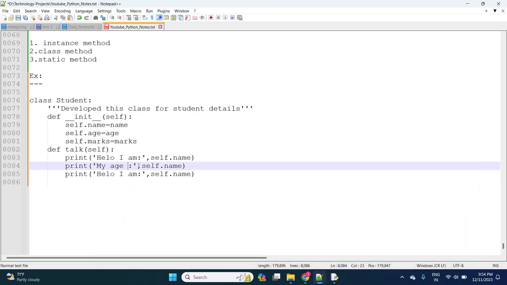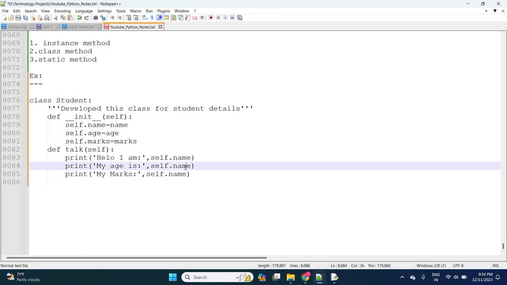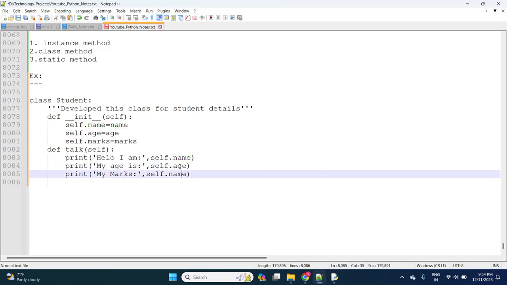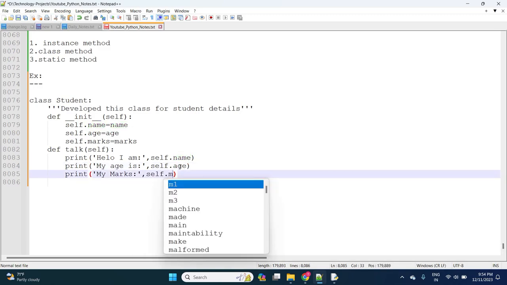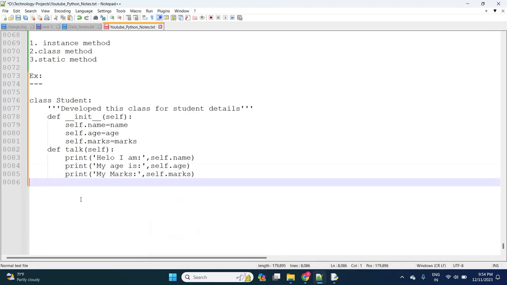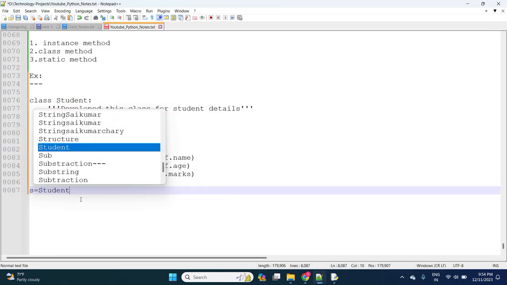My age is self.age. My marks is self.marks. So here, once we create the object, s is equal to Student of